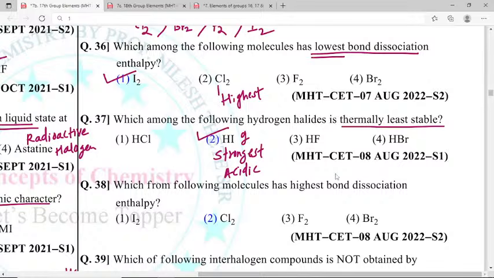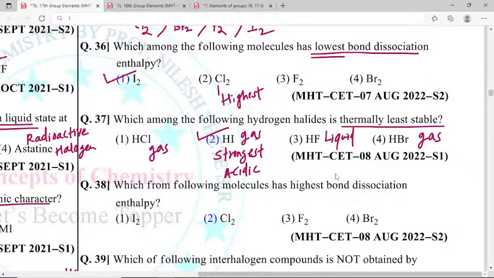HCl is a gas. HBr is a gas. HI is also a gas, strongest acidic. HF is a liquid due to hydrogen bonding. So among the four options, which is liquid? HF is liquid due to hydrogen bonding, and